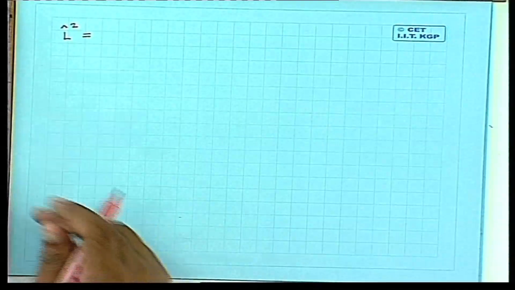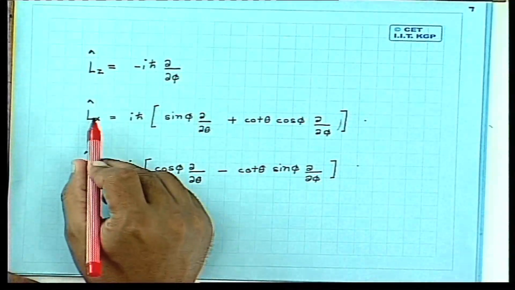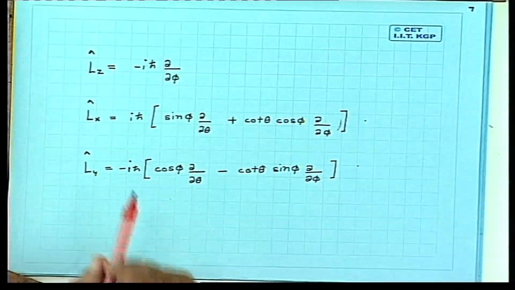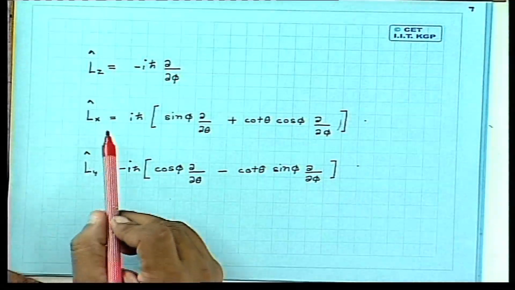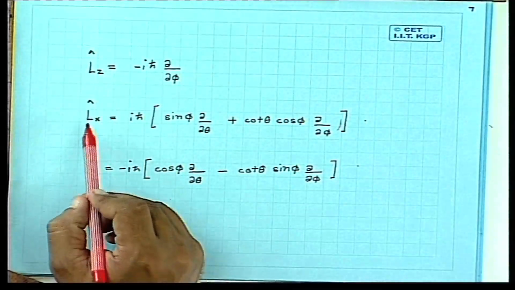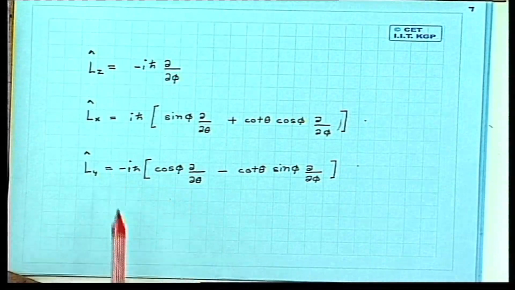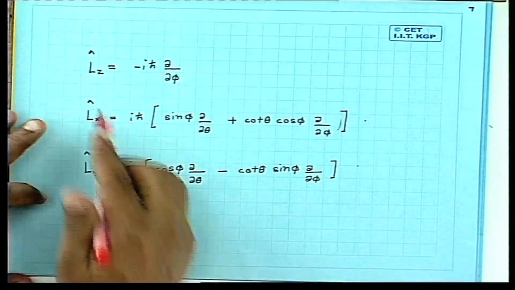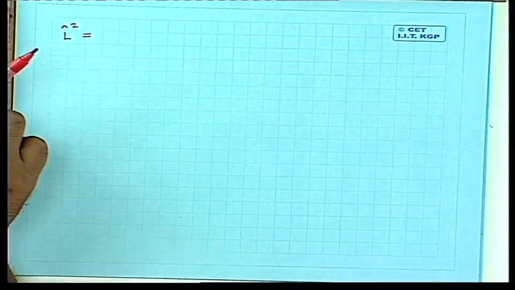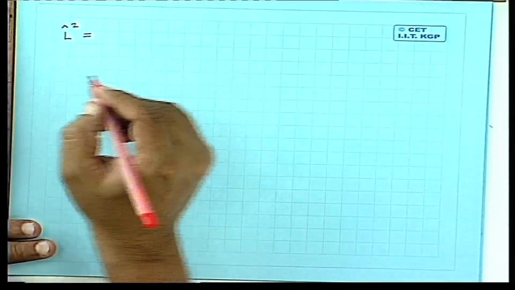So let me show you Lx, Ly, Lz again, and the operator L squared is equal to Lx squared plus Ly squared plus Lz squared. So we have to square these three operators and add them up. We had set out to do this in the last class, so let us start afresh and finish it off today. So the first term, Lz squared, gives us